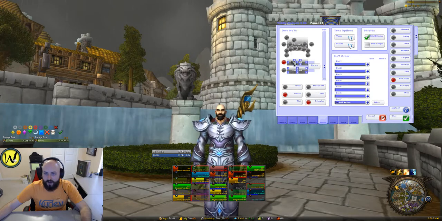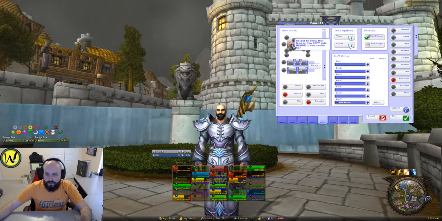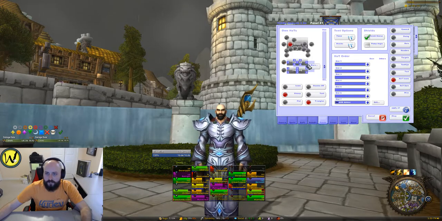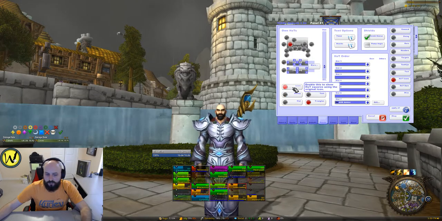It's really awkward. I don't know why they set it up that way. What I like to do is turn it to the inside of the bar. I like to then change it to the actual icons of the spells. So what I'm going to do to play around with this a little bit so that you can see it